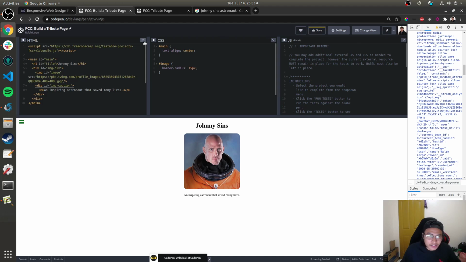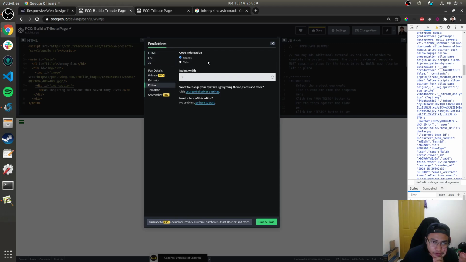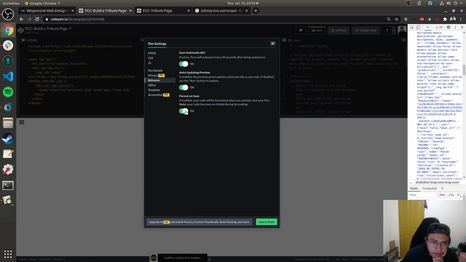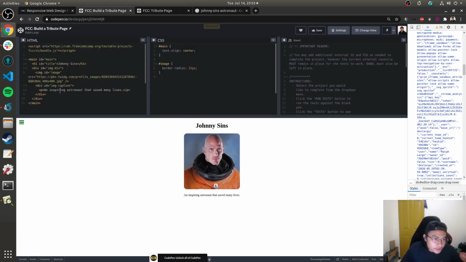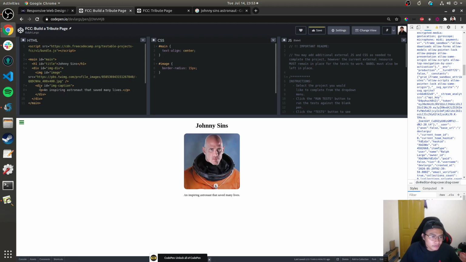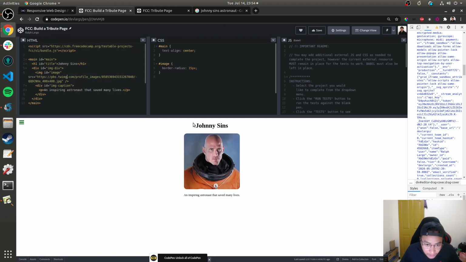Is there any format on save here? Editor, format on save. Let's try to see if it's formatting on save. Yeah, it's formatting on save. Next is